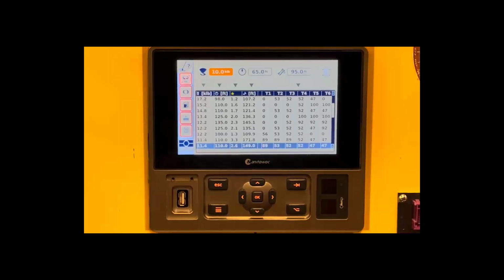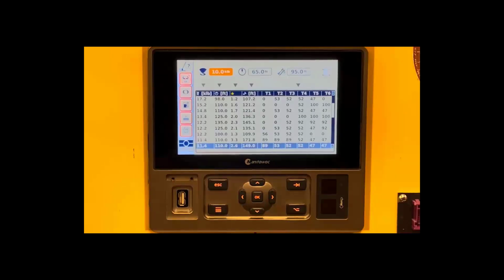We have three values we can enter. We have load, we have radius, and we have boom length. We can select a value just in one window only, or we can put values in all three windows. Generally, if you put values in all three windows, you will get a more specific boom configuration that matches what you need. So here we have a 10,000 pound